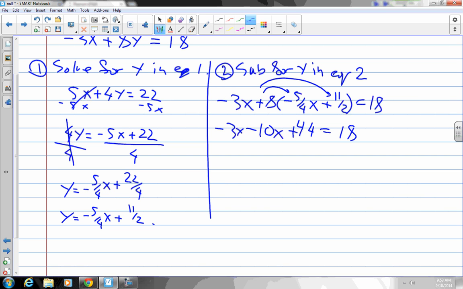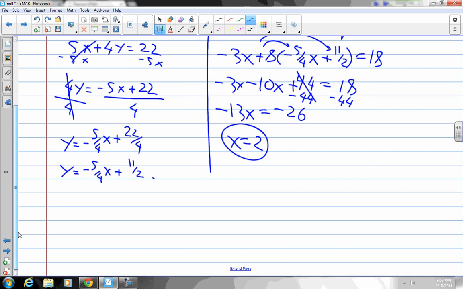So we can finish solving this. This is a nice little equation. Negative 13x equals, subtract 44 from both sides. What is that going to be? Negative 26? Oh, look how pretty this thing is. And if it's ugly, that's okay. Don't expect all the answers to be pretty. They'll be ugly sometimes. Now, to find y, as the final step,